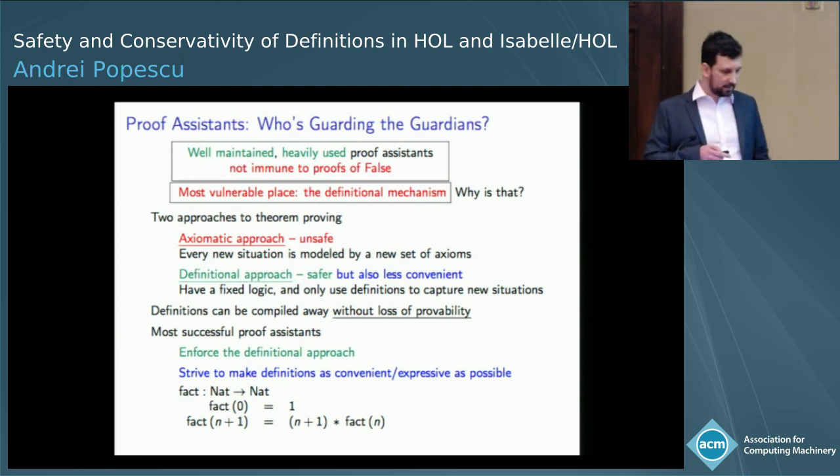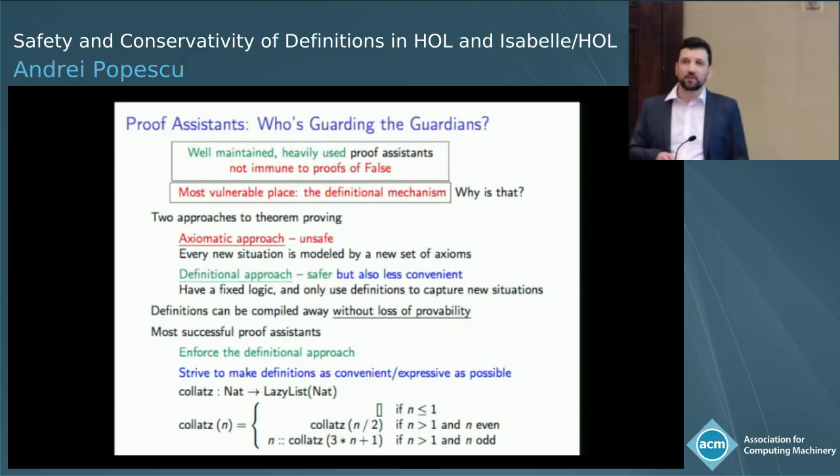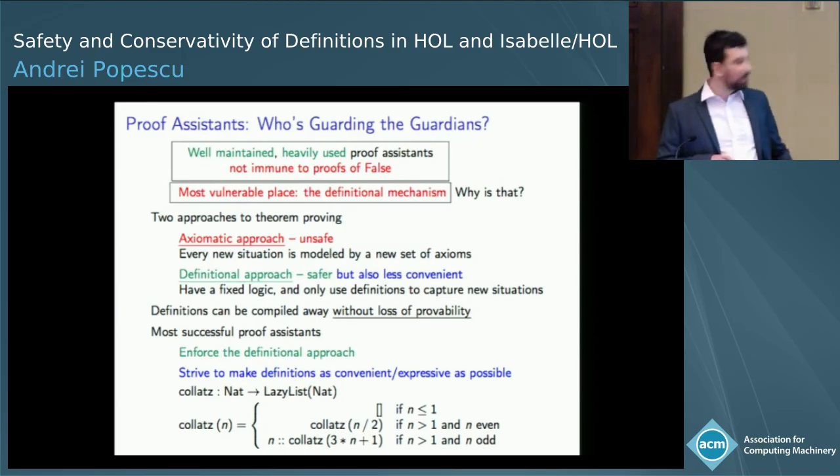So pretty much all mainstream proof assistants can accept much fancier definitions than the factorial. This is an example in my favorite proof assistant. This is a definition of the Collatz conjecture, for instance. It takes a natural number and returns a lazy list that is given by the Collatz sequence from that number. And it is a mixture of recursion and co-recursion, and so on. So this is quite fancy. This is cons on lazy lists. And you basically have a recursion call, a co-recursion call, and overall, they work fine. They form a well-formed definition.